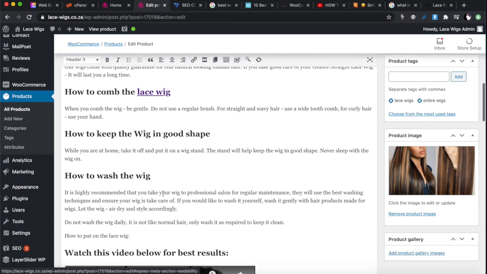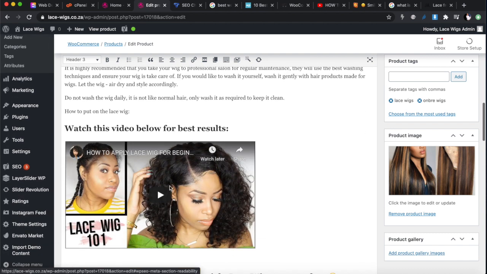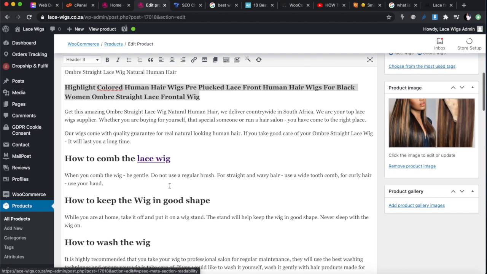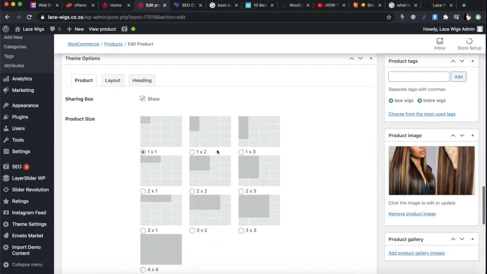You can see I've got headings, subheadings, and I've highlighted the things I want people to see. I've got images and videos, so this is going to be an easy page for a client to navigate through. They're going to be able to see a lot of things and how to do things there. And we've got that done.